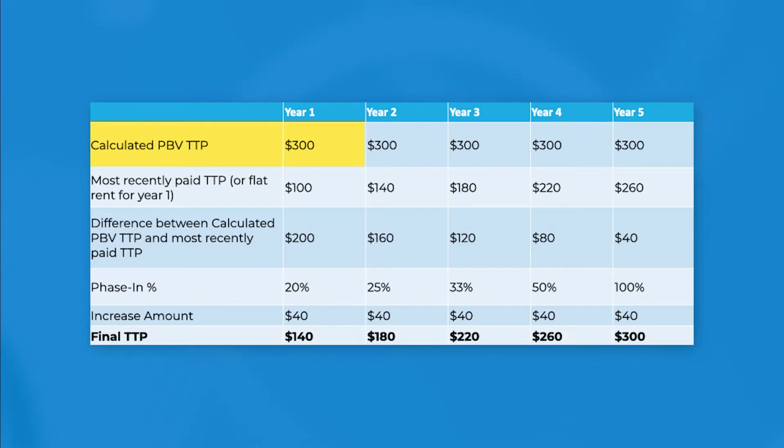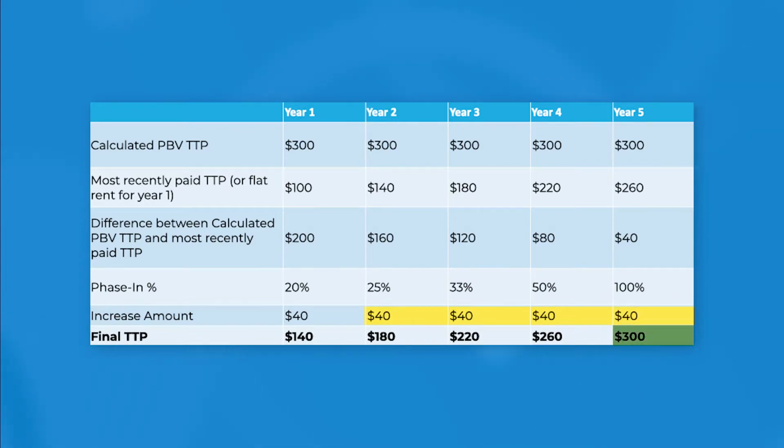Start with the calculated PBV TTP, which is $300, and subtract the most recently paid TTP or flat rent. For example, in year 1, this is $100, so the difference is $200. Then, apply the phase-in percentage for that year to the difference. So 20% of $200 is $40. So the household will pay the $100 plus the phase-in amount of $40. This is a total of $140 in year 1. Over the next 4 years, the household will pay an additional $40 each year until they reach the full $300